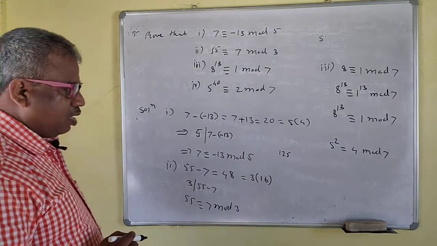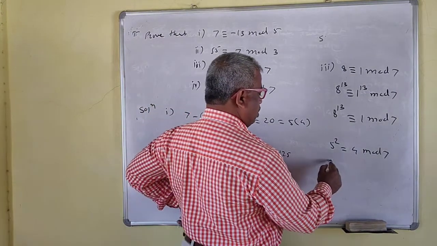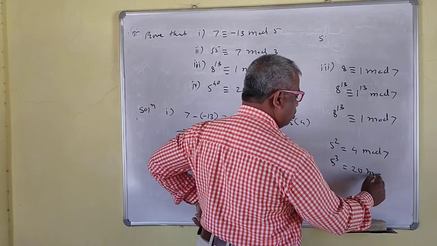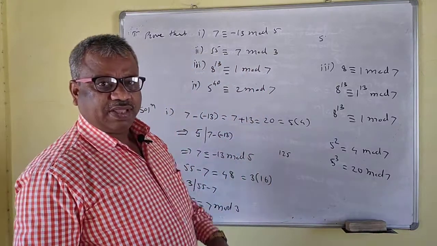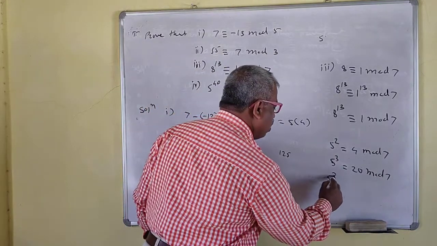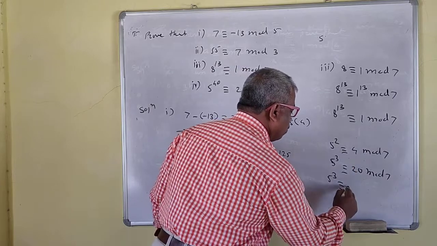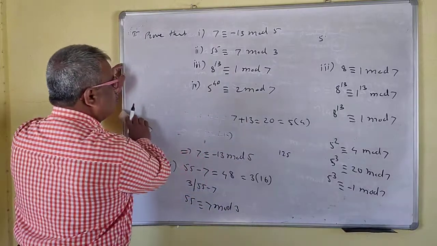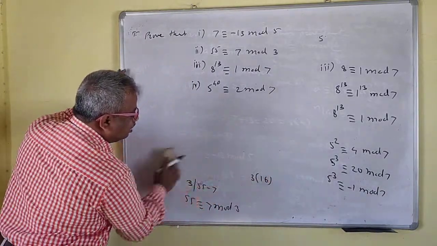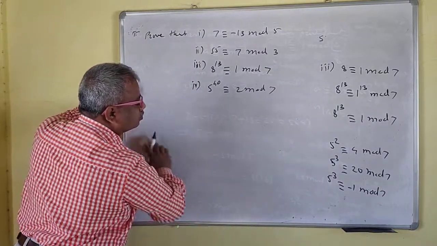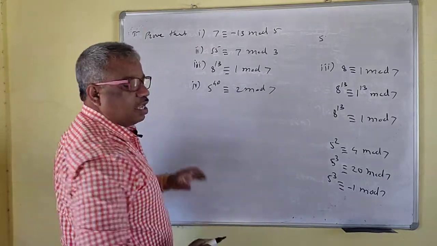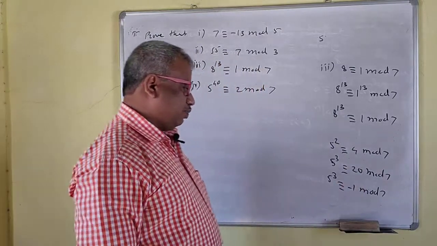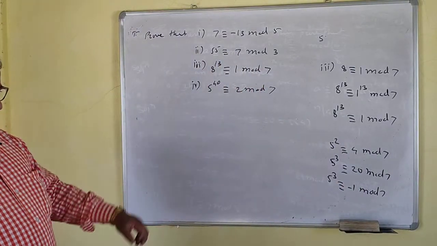Mod 7. Okay. Now I will multiply by 5 now here. Okay. So this will be then 5 cube. So this is what? 20 mod 7. So 7 3 that is 21. So I can write this is what? 5 cube is congruent minus 1 mod 7 now. 5 cube is congruent to, because 20 is near to 21 now. Okay. So 1 is there. So I can write minus 1 now.